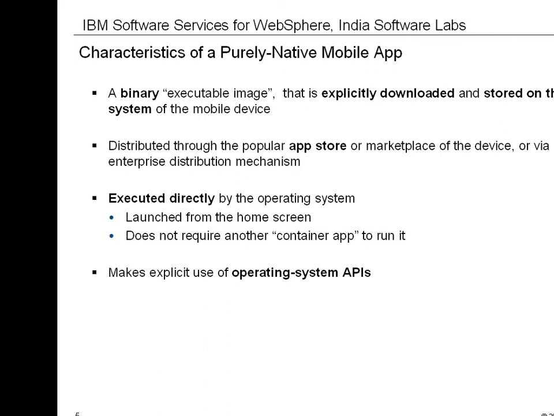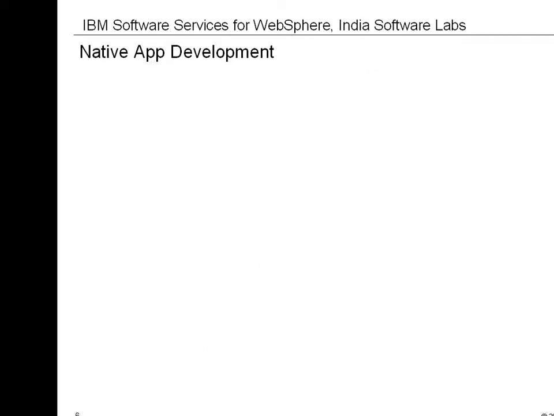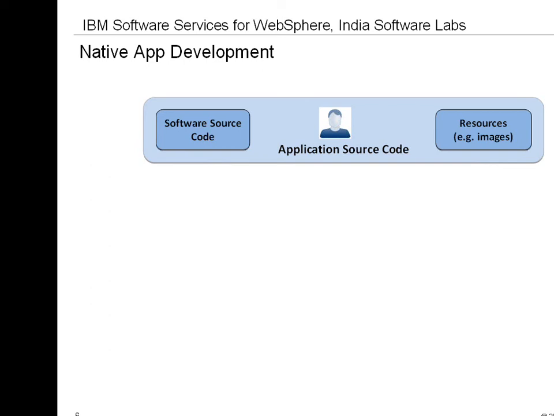Now let's deep dive into these points a little deeper, starting with the first two, the binary and distributed. The process of obtaining a binary executable image and preparing it for distribution is basically the same for all the leading mobile operating systems, be it iPhone, Android, BlackBerry, or Windows. The developers write the source code of the application, which is in a human readable form, and create additional resources such as images, audio segments, or configuration info, and various OS-specific declaration files.